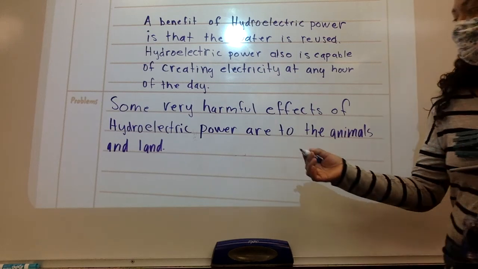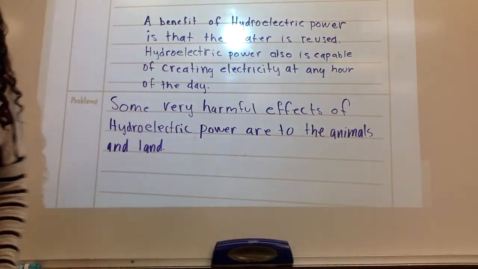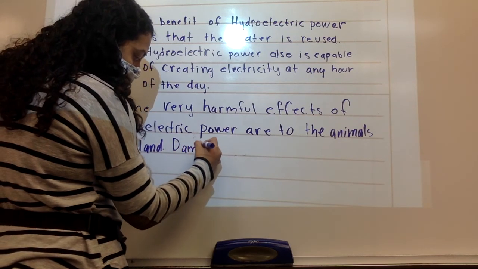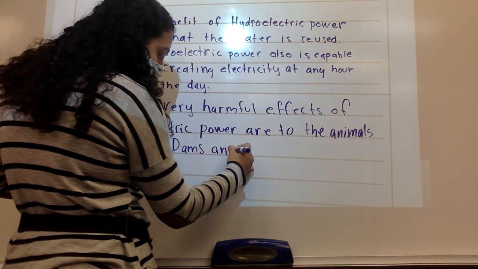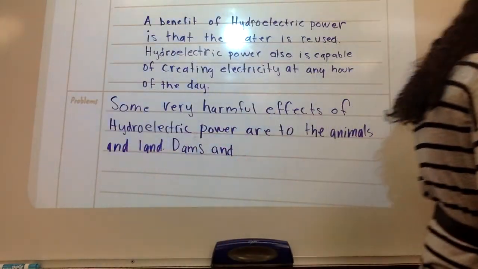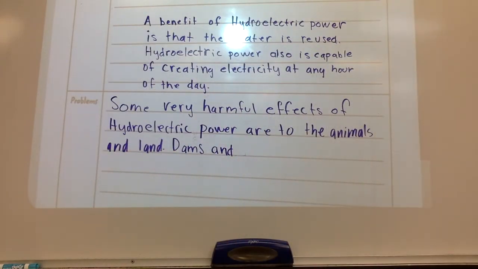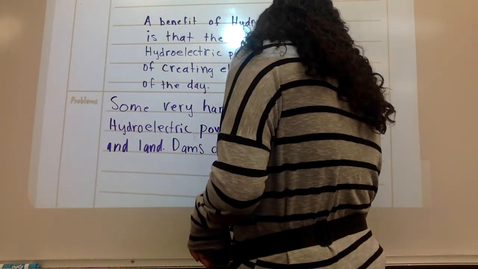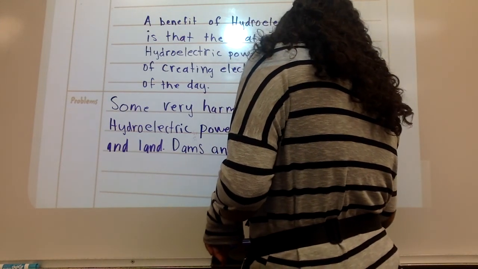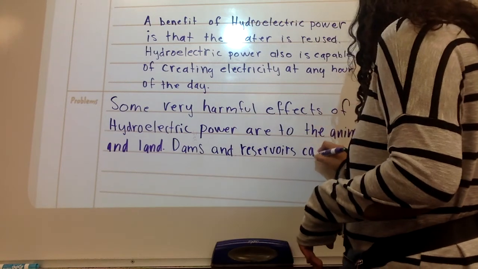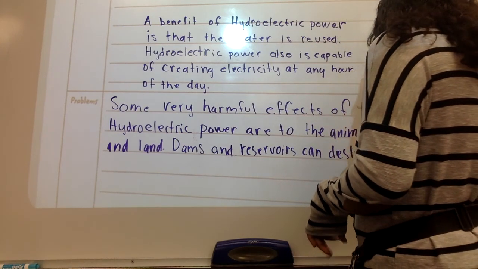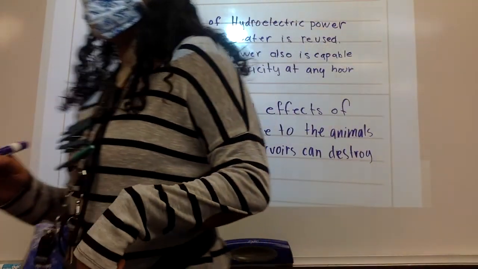Good. Okay, so dams and what else? Dams and reservoirs can destroy